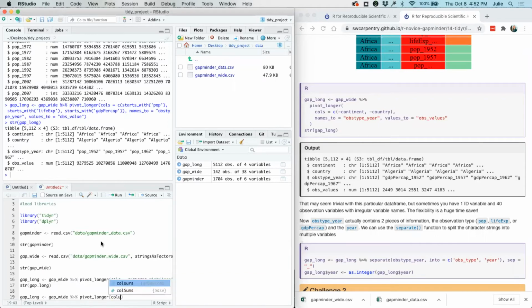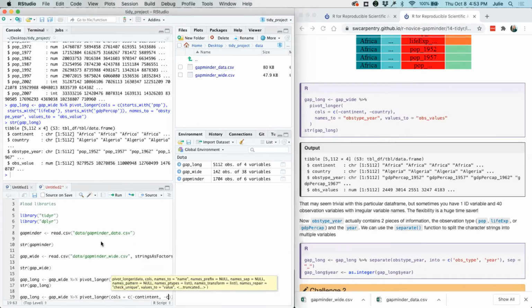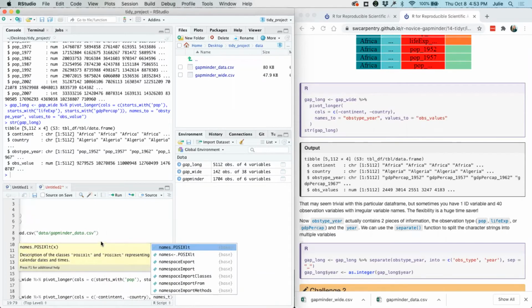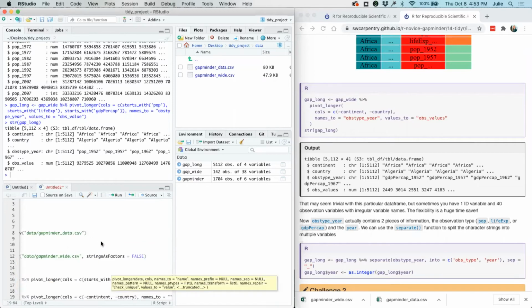And then instead of telling which columns to include, we're going to indicate the columns to not include, to ignore. So it will pivot everything except the continent and everything but the country. But we still have to use the same names to arguments and values to arguments to rename our new column heading.